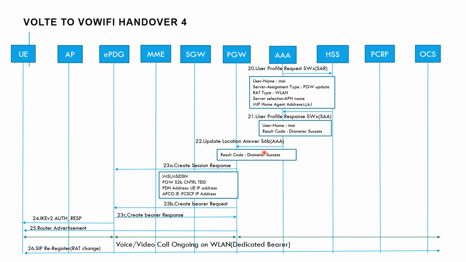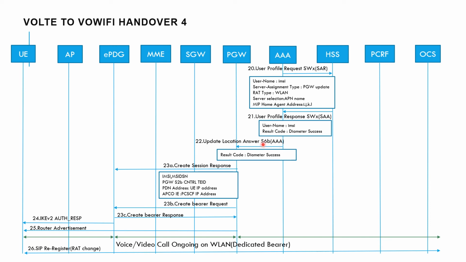So two messages are there. AAR is the first, authentication authorization request, and authentication authorization acknowledgement. So this is the diameter message name which is sent back, but the purpose is the update location answer. So this is a bit confusing actually. The diameter message names are different and the purpose is different.